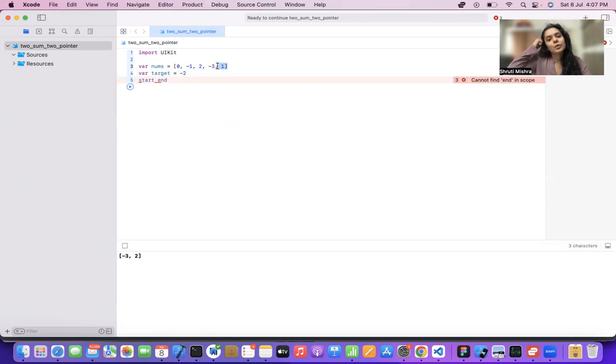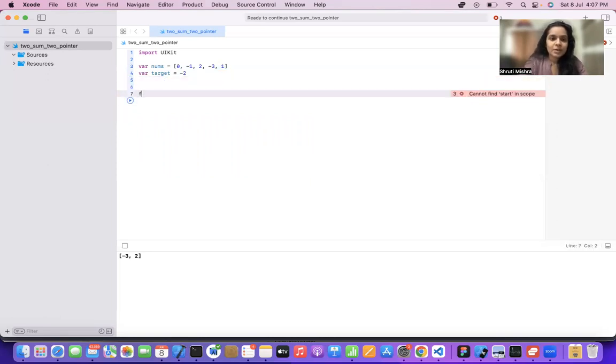Then that means we can basically calibrate the solution. We can calibrate the start pointer and end pointer until the sum reaches the target, or if start becomes equal to end, basically they meet in the middle. That means there is no pair of numbers which sum up to the target. I hope that was clear, but I think when I solve it in the solution, it will become more clear. So let's say